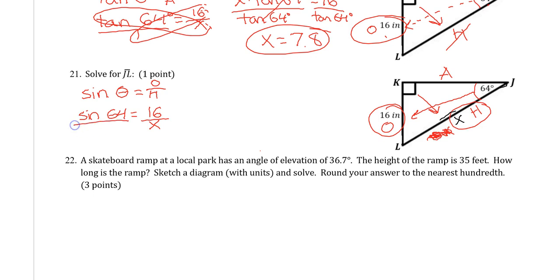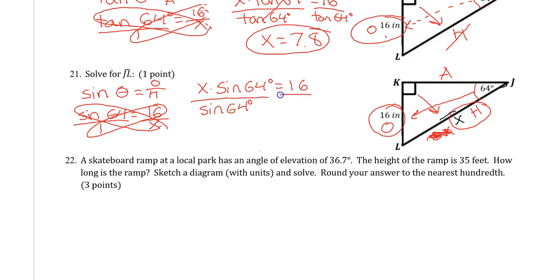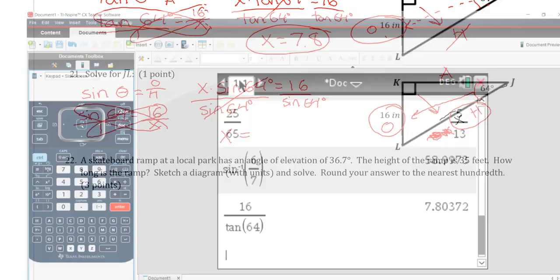Again, I'm going to put my sine over 1, and I'm going to cross multiply. So I have x times the sine of 64 degrees equals 16 times 1, which is 16. And again, I'm multiplying, so I'm going to divide by the sine of 64 degrees. So x equals, because those cancel out, 16 divided by the sine of 64